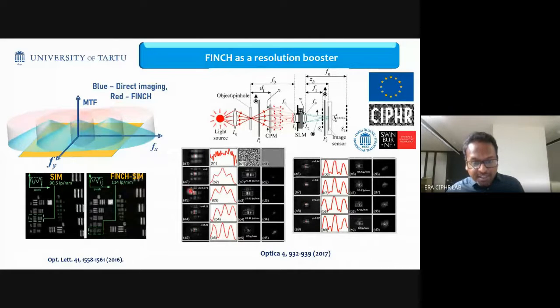And another drawback, of course, there is no free lunch. Whenever we try to improve one characteristic, the other characteristics get affected. So in this case, when we increase the scattering ratio, we improve the resolving power, but we lose the field of view. You can see that gradually the field of view is decreased. Using this method, we were able to demonstrate a resolution enhancement of around 5 times. In comparison to a coherent imaging system, the enhancement is around 10 times. So just imagine a resolution enhancement where your microscope used to resolve only 1 micrometer, and now it can resolve down to 100 nanometers. So that's the application.